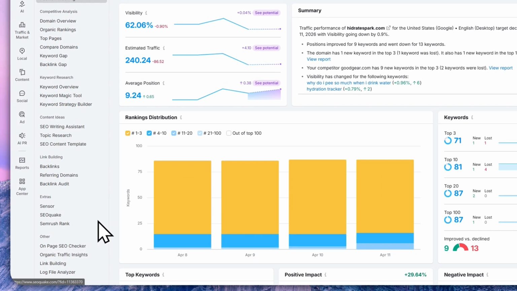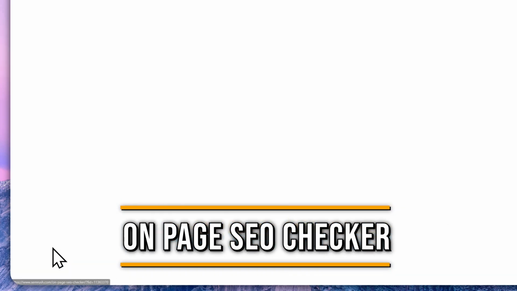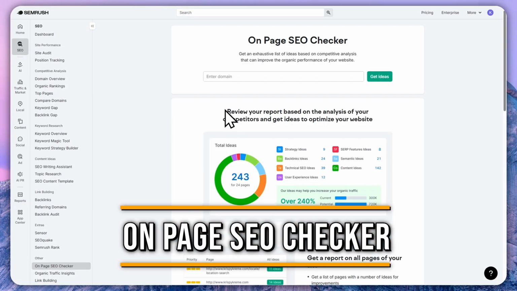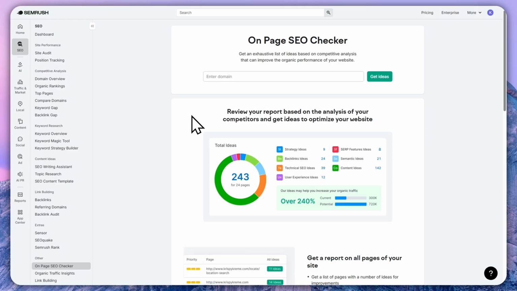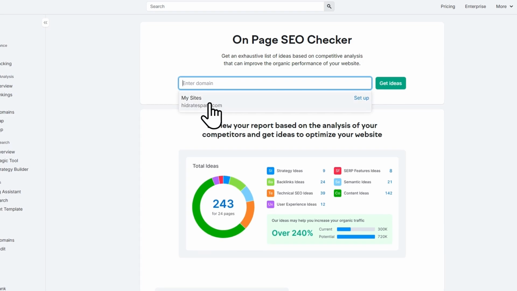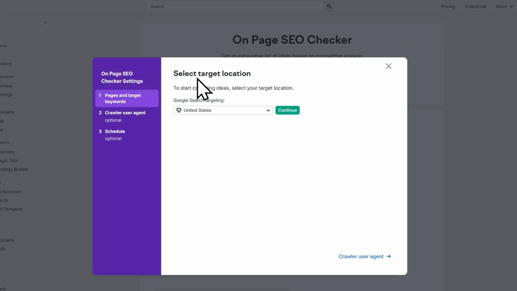So what I would want you to do is go into on-page SEO checker. This would show us exactly what improvements we can make to rank higher, from adding keywords in headings to expanding content and matching competitor strategies. So basically in here, you would need to enter a domain. So I'm going to go here, which is my domain, and you can set your target location and then add